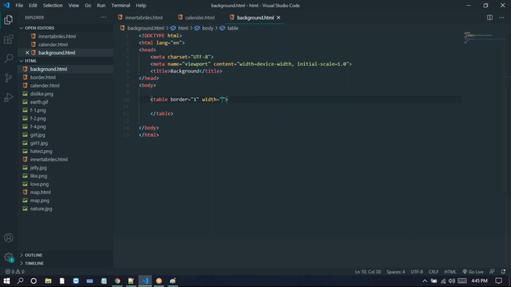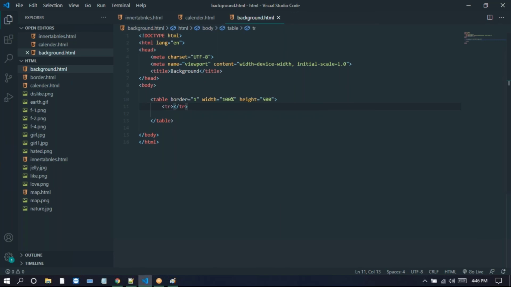So I need 100% here. So I'm just taking height. So height I'm taking 500. Or else you can take a 500 here. So just take a 500. Next, instead of that, we can take the 3D here.